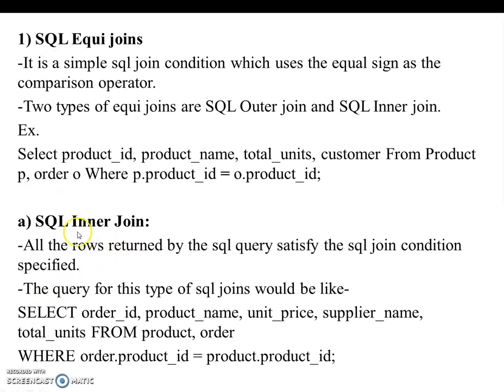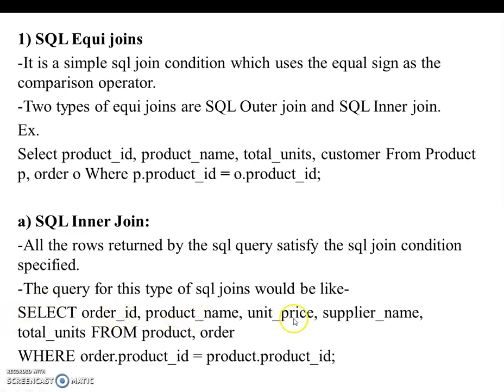So in inner join, all the rows returned by the SQL query must satisfy the SQL join condition. That means in inner join the result will be displayed if and only if the join condition, whatever condition is specified in the join, is satisfied. So the exact syntax for this SQL inner join will be select column name